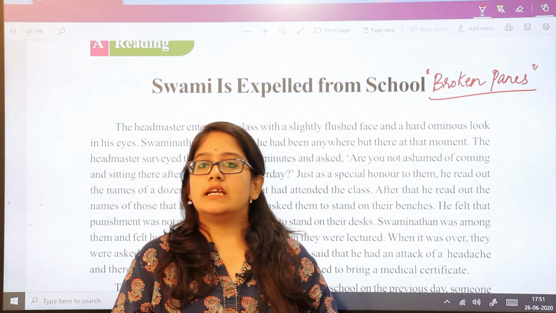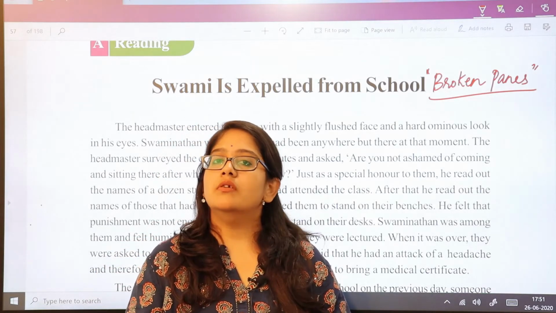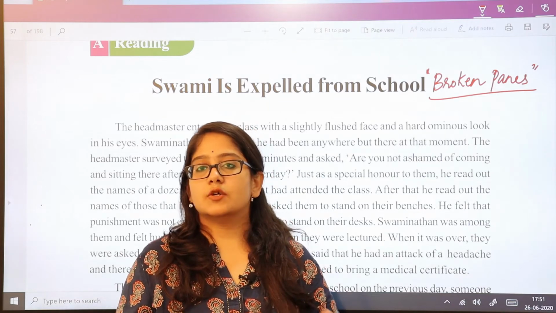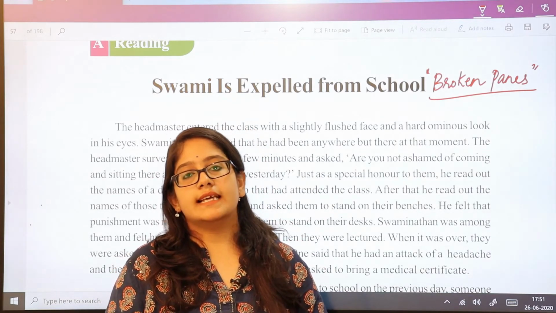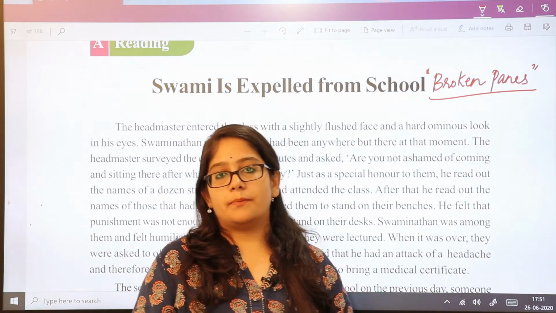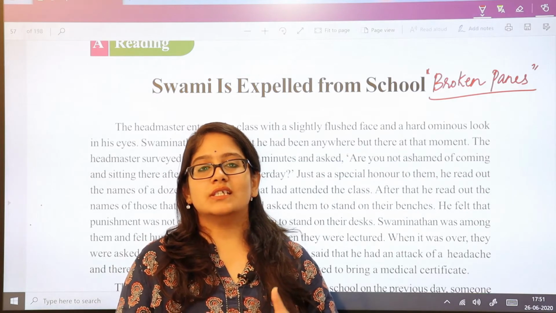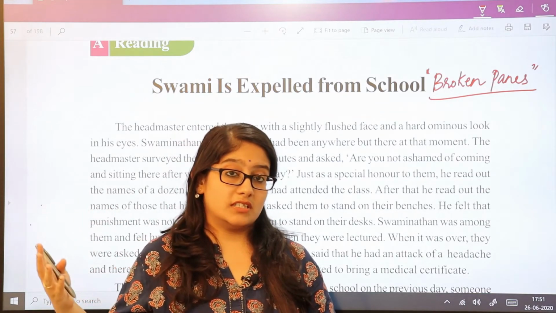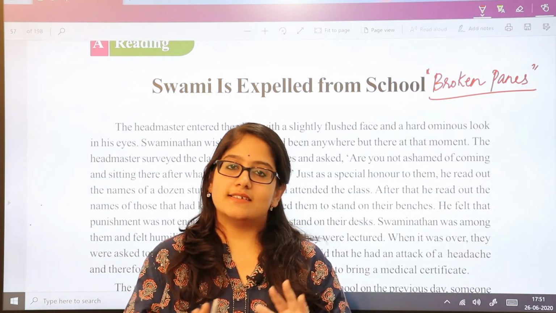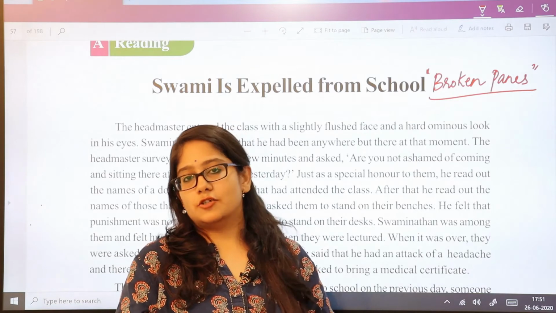The next morning when he wakes up, he realizes that he cannot actually go to school without the cap. His father is quite strict. What reason would he give to his father? What would he say if his father asks him where is the cap? All these thoughts were going on. Now he was just thinking not as a patriot, not as a responsible Indian citizen, but just as a 10-year-old boy who is worried about being punished by his father.